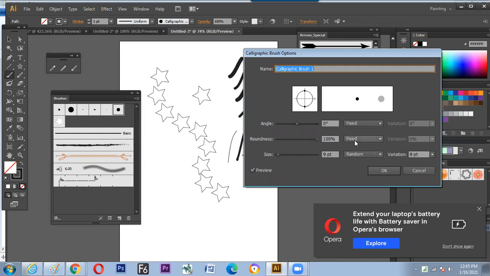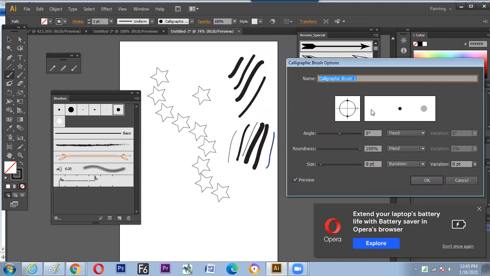By default you'll find fixed, then there are no changes. If you go for random, then it will ask you how much random you want, 10%, 20%. You can go for 100% with the input, and then it will make it very clear. Randomly we can make natural kinds of designs. So the third one is pressure sensitive, and if you are using a tablet,